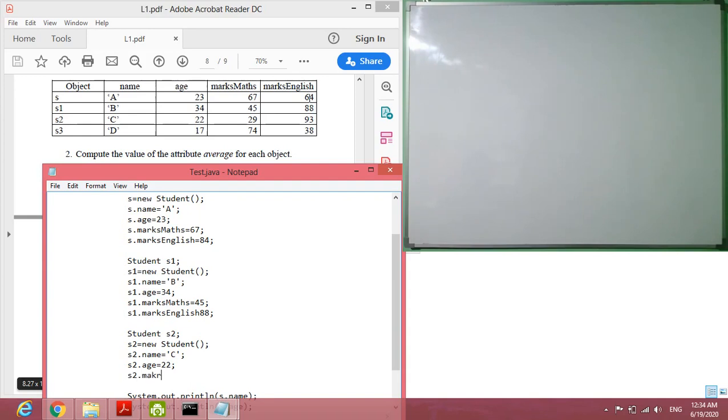S2 dot marks maths, okay, here S2 marks maths 29, S2 dot marks English, it is 93,